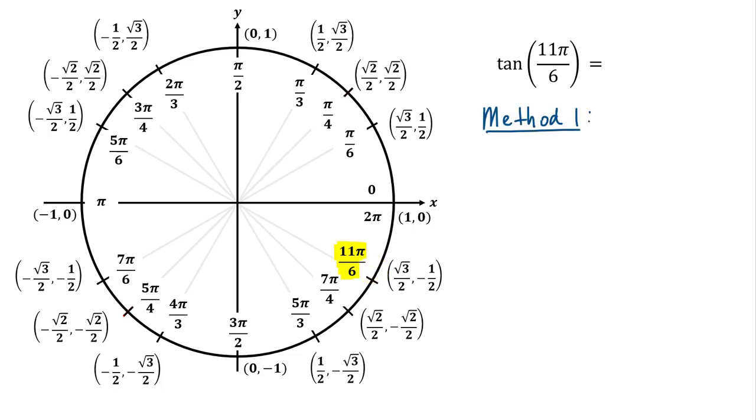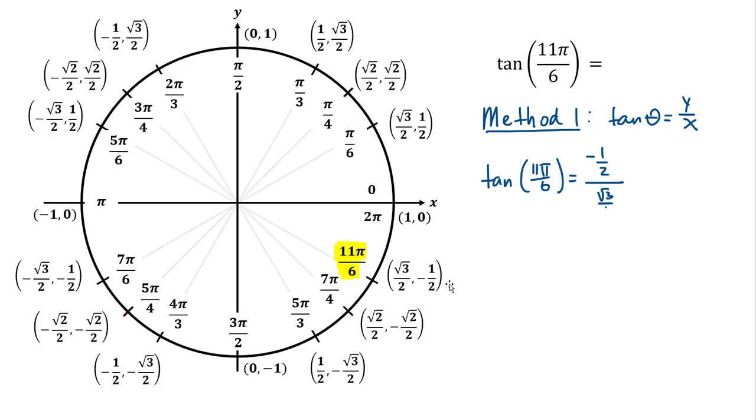For the first method, we need to recall that tangent of an angle is defined by y over x, where y and x are the coordinates of the point that sits on the terminal side of that angle. Well, that information we know. These are the points on the terminal side of the angle that measures 11 pi over 6. So that means that to find tangent of 11 pi over 6, we simply have to take the y-coordinate, which is negative 1 over 2, and divide by the x-coordinate, which is